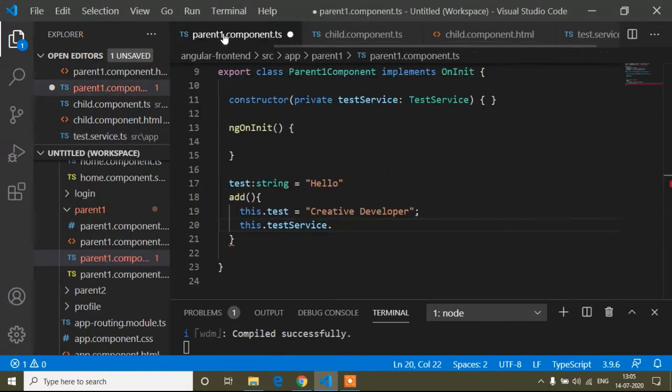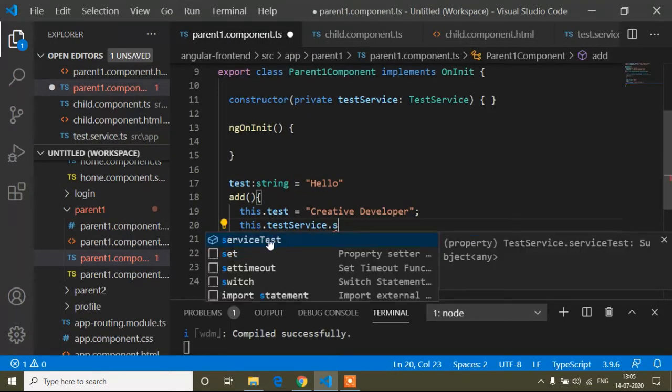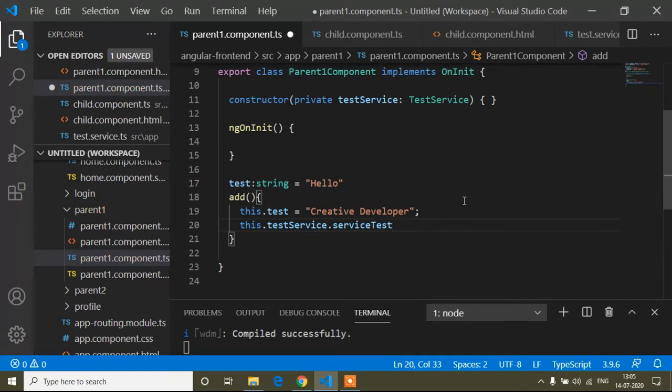So here dot service test dot next, and inside this next I will pass the variable. So this dot test variable.